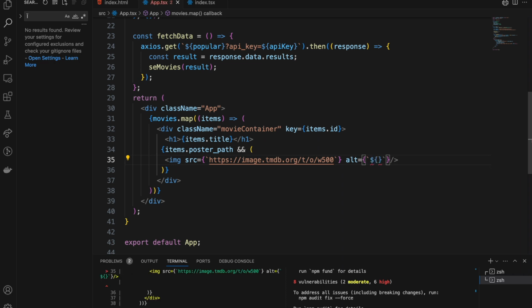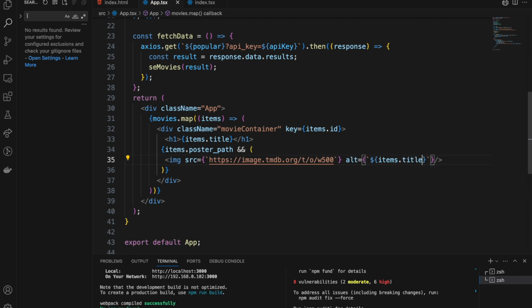So if the image is not available, it will show the movie title of that image. So items.title poster, so the image poster. Now if we go back here